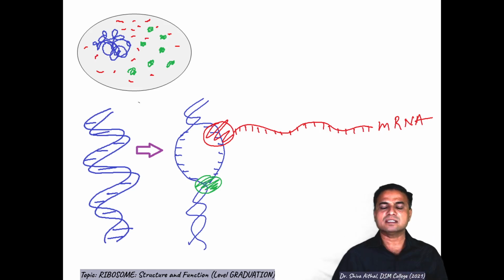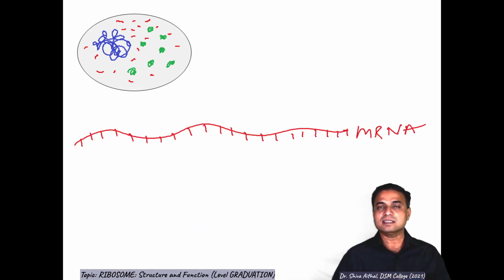Once this mRNA is synthesized by RNA polymerase, we have already seen the structure of RNA polymerase, we have seen the structure of mRNA in the form of codons, meaning whatever the arrangement of the nitrogen bases on the mRNA is nothing but codons. So I will just highlight this mRNA now. On this mRNA the ribosomes come and attach. The green molecules present in the cell, all this is going on within the cell.